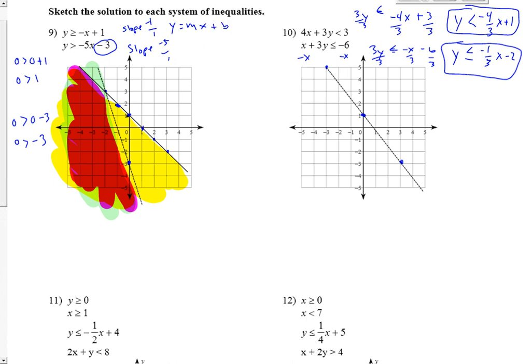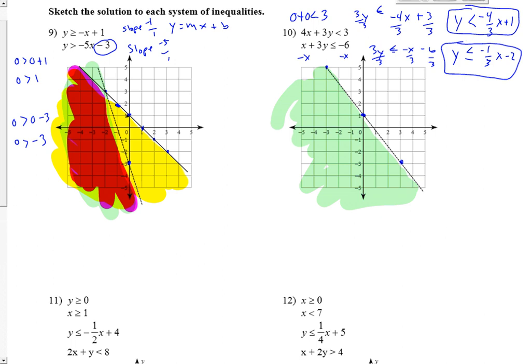And let's see, if I plug in the 0, 0 point, 0 plus 0, is that less than 3? Yes. So now I'm going to go over and graph to include the 0, 0. Okay? And now I'm going to